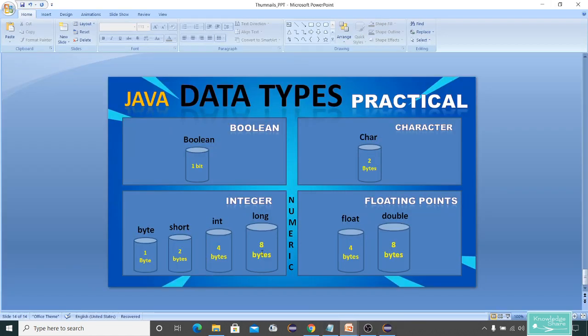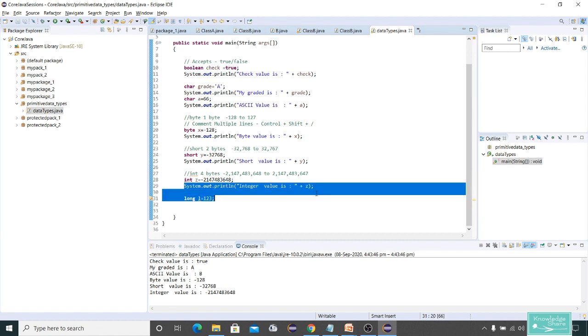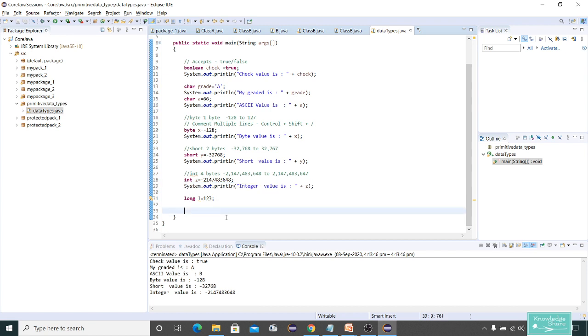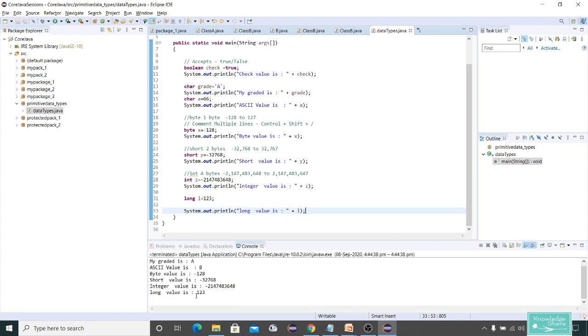Now let's jump to the next data type. Our next data type is long. Let me declare it as L is equal to 1 2 3. It accepts small numbers as well. Let me print it. Long value is, see, 1 2 3, right?